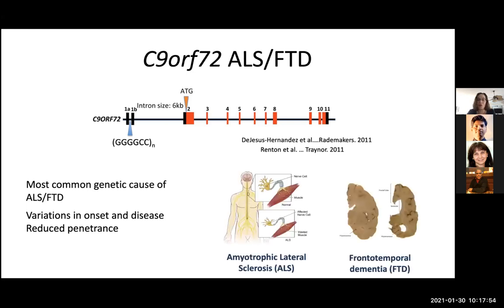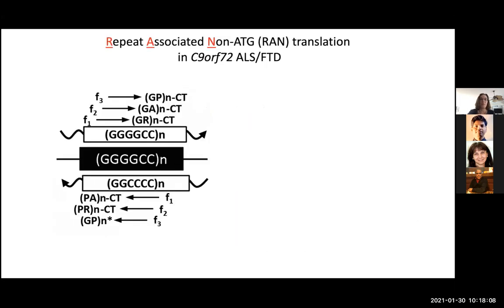And it also has this reduced penetrance that we saw in SCA8. So not everybody with the expansion mutation by the time they're 80 develops C9orf72 ALS FTD. This expansion mutation, similar to some of the other work on other expansion mutations, is also bidirectionally expressed. So there's a G4C2 expansion in the sense direction and a G2C4 expansion mutation expressed at the RNA level